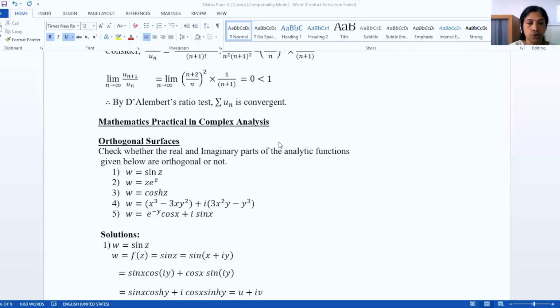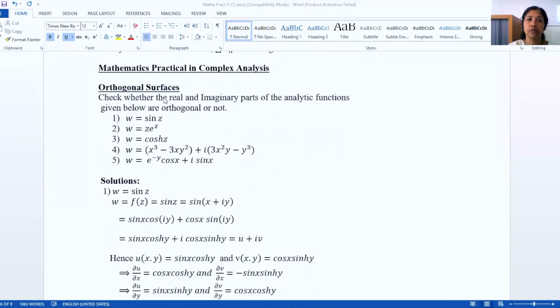Among these, today we are doing the practical for analytic functions, construction of analytic functions, and we'll do the Milne-Thomson method. That is a construction of analytic functions, and then we'll do a checking for analyticity of a function. These are the practicals which we will do today. So we'll just go through the theory part first before we go through the program.